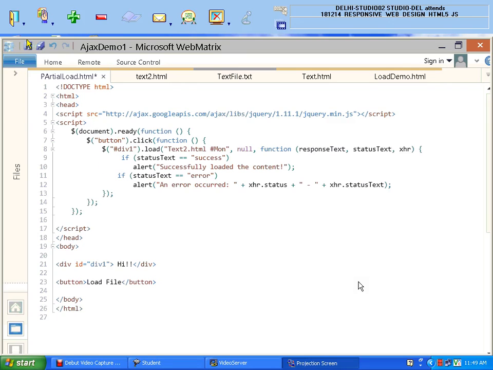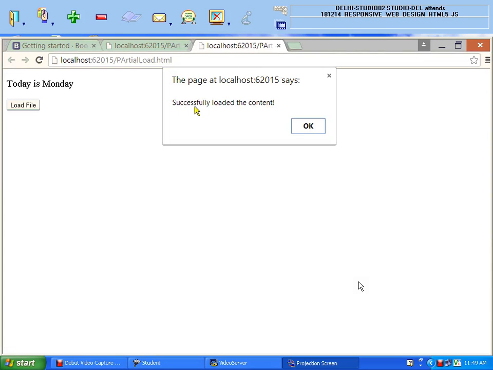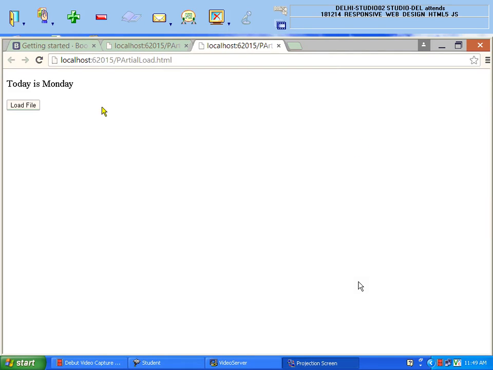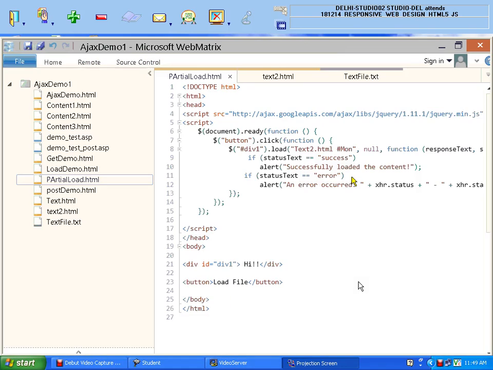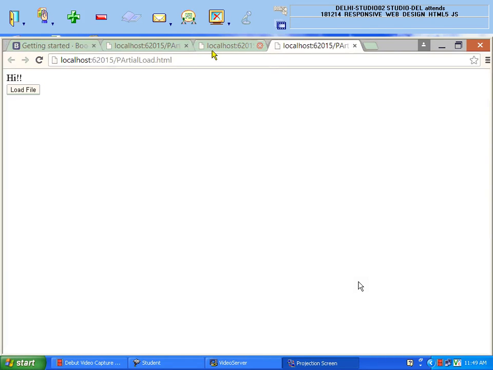Just try to understand with the example. I will run this program and you will get the clear picture. I click, and you can see the message is what? Successfully loaded the content. Then I will write the name of a file which is not available, and try to run this program.